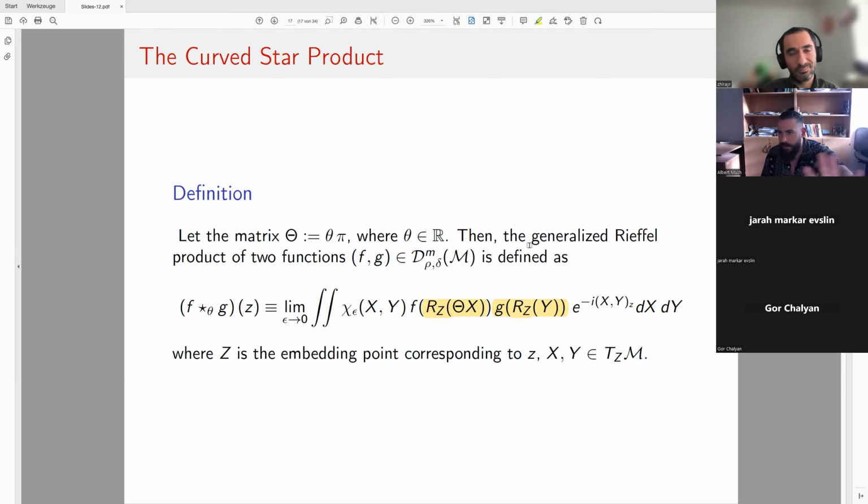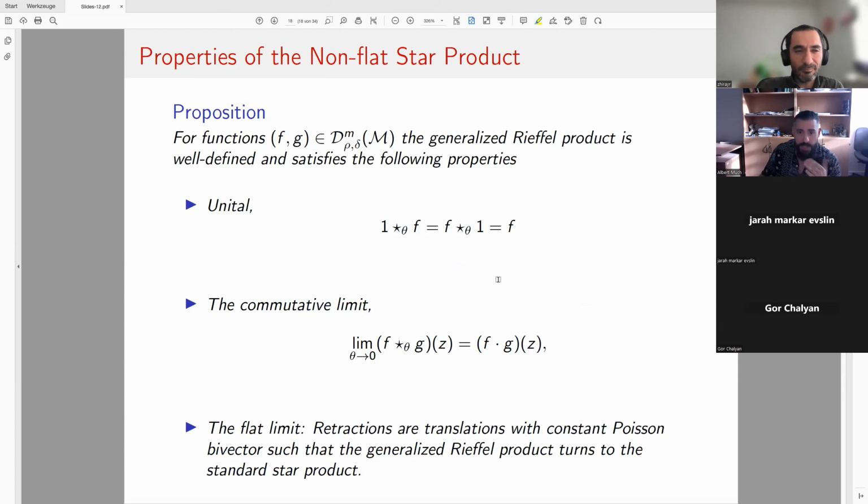And this guy here, or girl, I don't know, is in a sense a mutant between these three. It's somehow a mixture, and this mutant was born, so to speak, because I needed it exactly in this way to really apply it to algebraic quantum field theory, or quantum field theory in curved spacetimes. And it fulfills things that the star product should fulfill. It is unital. That means if I multiply it with a C number, the non-commutative product of a C number with this function is equal to the function itself.